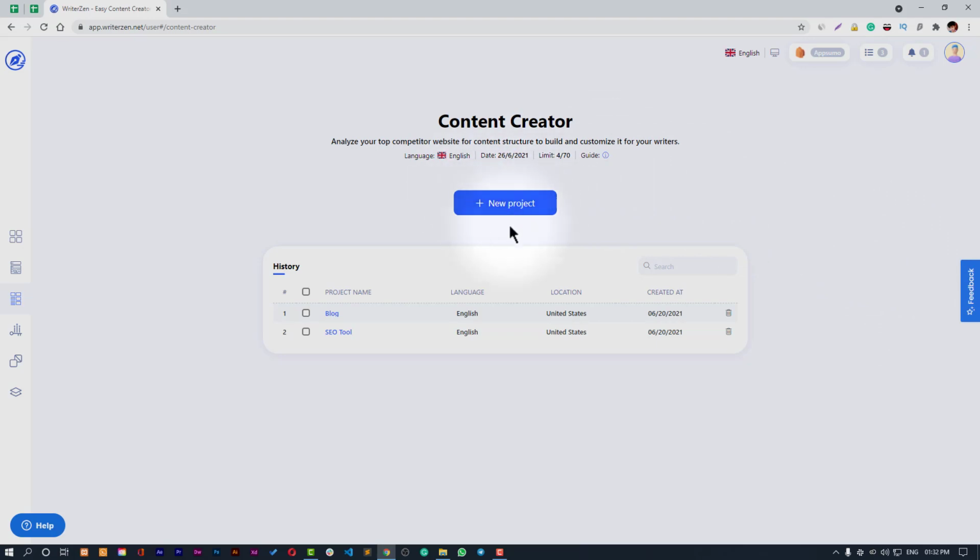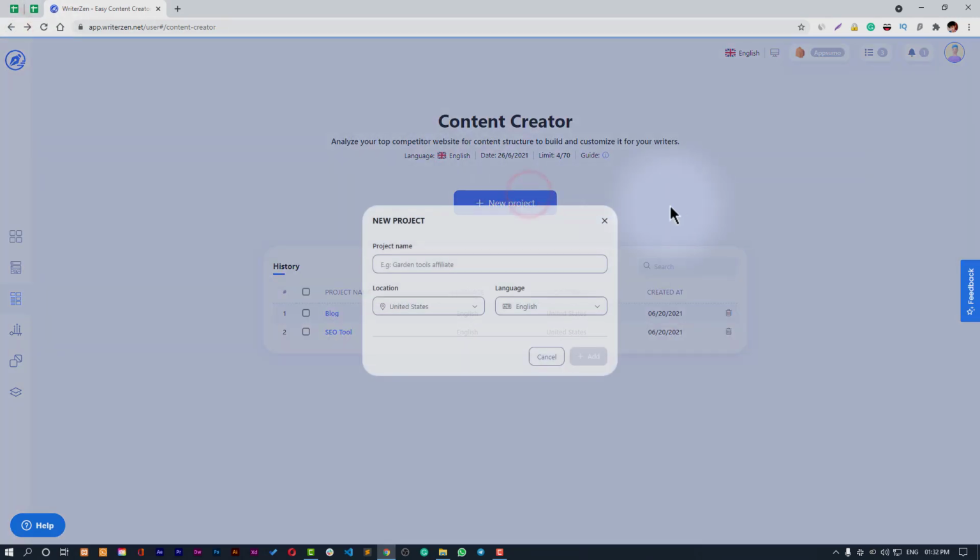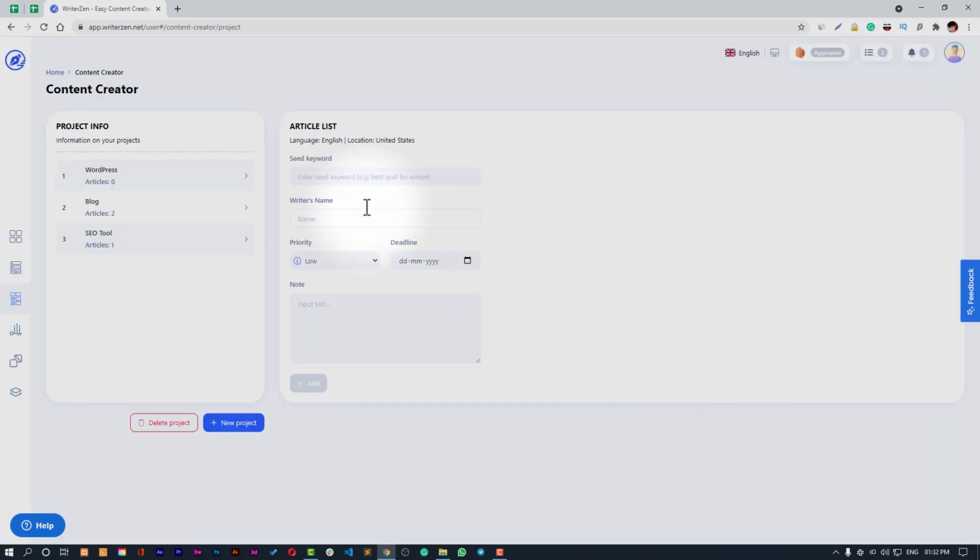And then let's use the old one possibly, and let's create with a new one. Let's say WordPress, and then choose location and language, and then add. We can choose the keyword.